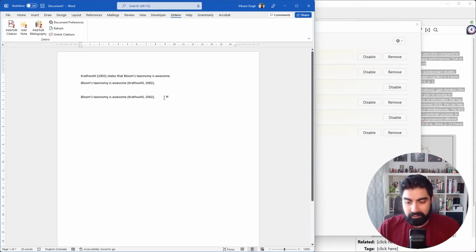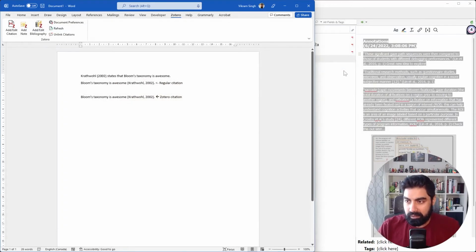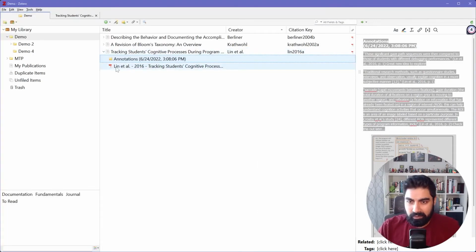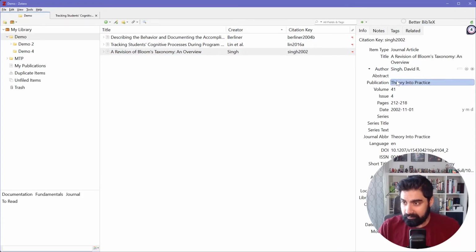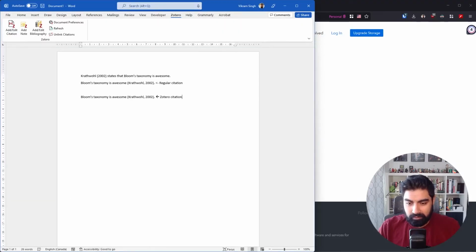But the cool thing is, remember, this is the Zotero citation, and this is the regular citation, or manual citation. So if I go back to Zotero here, and if I go to my Krathwohl, let's say that we actually found a mistake, and the author isn't Krathwohl, but the author happens to be Singh. And if we go back to Word,